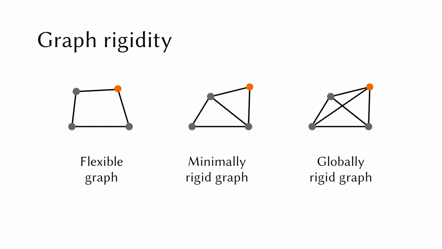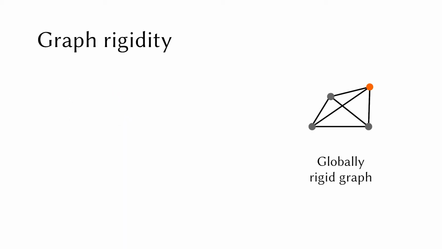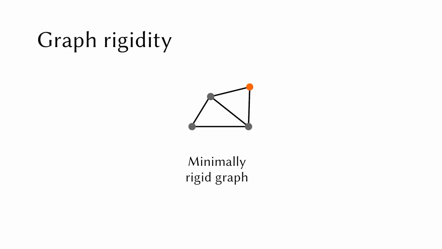Our research is inspired by graph rigidity theory. A general graph can be flexible, locally rigid, or globally rigid. Among them, flexible graphs are not stable and can be deformed continuously. Globally rigid graphs, in contrast, exhibit only a single stable configuration. We identified minimally rigid graphs as a fitting concept for our mechanisms, as they exhibit a finite set of stable